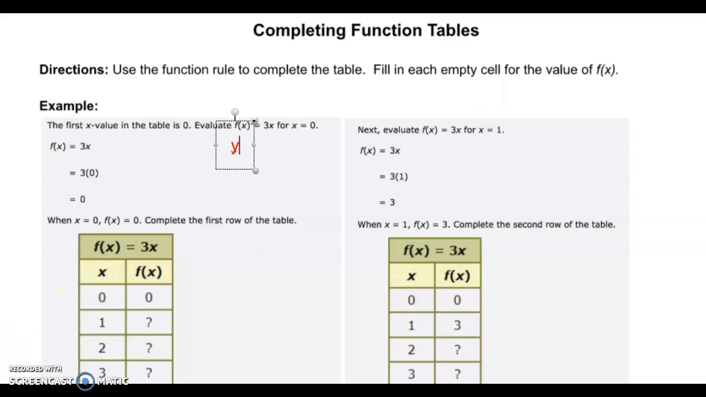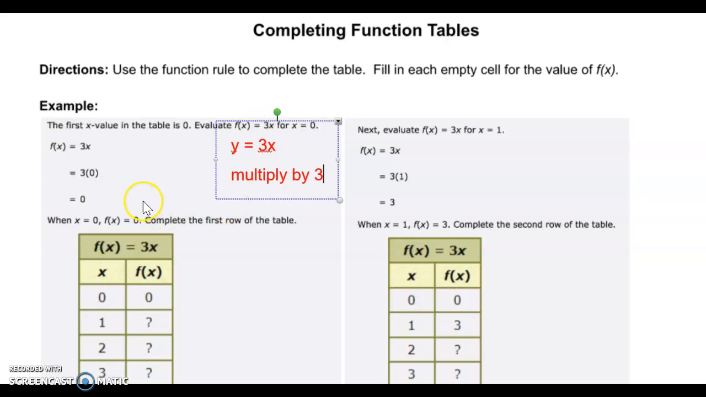Okay, so f of x is what you're going to be seeing more next year instead of y. It's just another word for the output or the solution. So f of x equals 3x is the same as y equals 3x. It's the same thing, and what it means is multiply